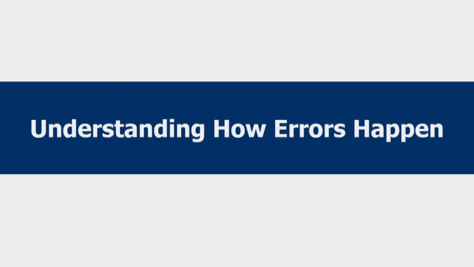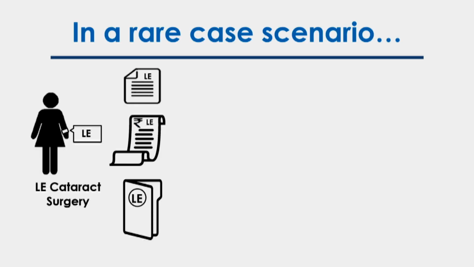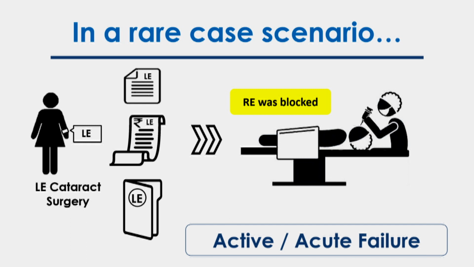But I'm showing you very simple examples. Some of the complex examples I did not want to bring to you. So in one case scenario, one of the rare instances, a patient is advised a left eye surgery. We have a system of putting a wristband on the left hand. We also have a system of putting a sticker. Everything was fine. The doctor's advice, the patient also wanted. But when the doctor gave the block in the operating room, he gave the block in the right eye.